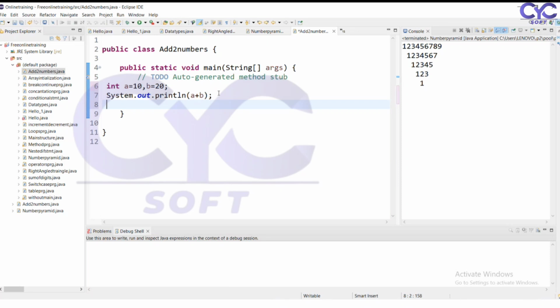Put the symbol and we can add it. But here my requirement is, in a simple way, I'm merging. I can merge two arrays by simply, suppose I'm having an array